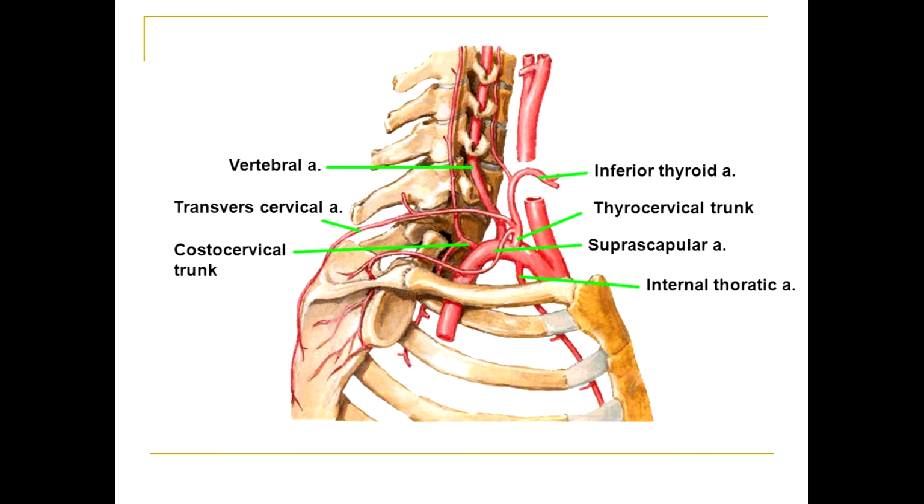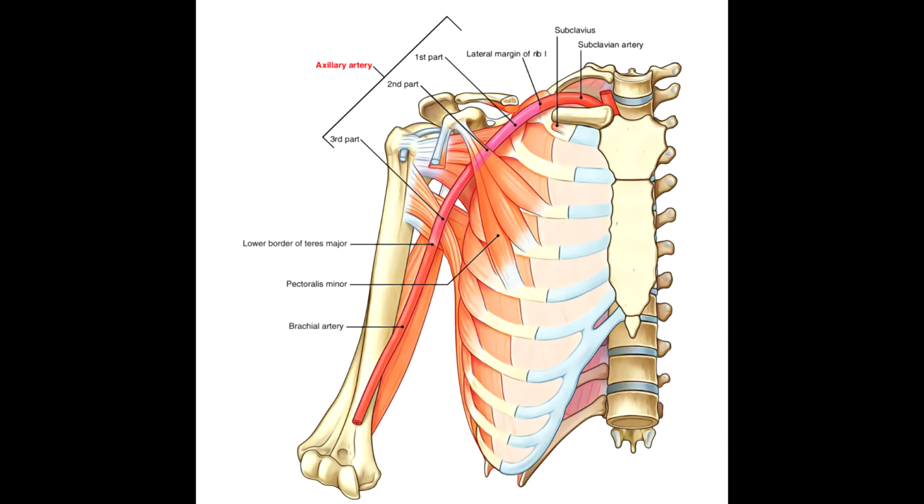The thyrocervical trunk gives origin to branches which provide the blood supply to the underside of the thyroid gland, the anterior root of the neck, and the area of the shoulder just above the scapula. The costocervical trunk's branches provide the blood supply to the posterior intercostal spaces 1 and 2, as well as deep muscles of the neck. As the subclavian artery passes the lateral border of the first rib, it becomes the axillary